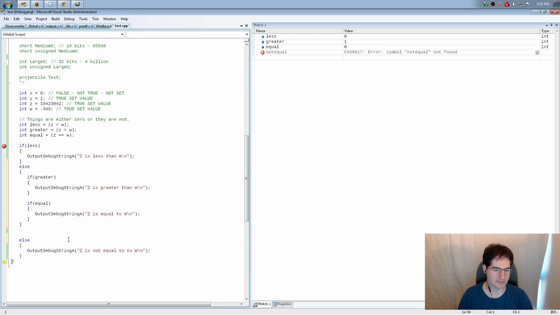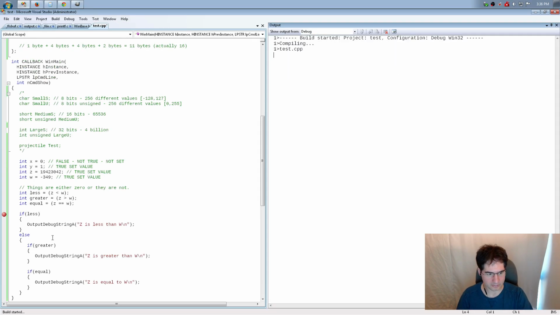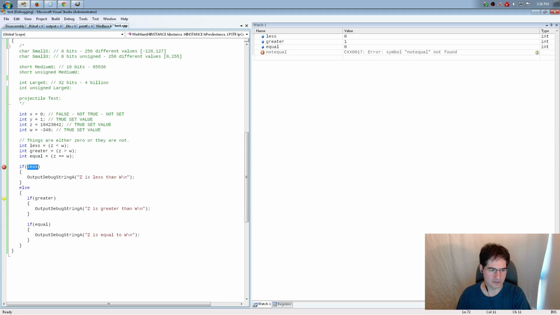And I'm not going to bother testing if it's not equal to, because if it's not equal to it, it will have hit these things. It will hit one of those things because it'll either be greater than or less than. So we'll just do it this way for now, right? And when I run this particular program, you will note that it does exactly again what I said it would do. This is not true, so it will evaluate these. This is true, so it will evaluate that one. This is not true, so it will skip it, right?